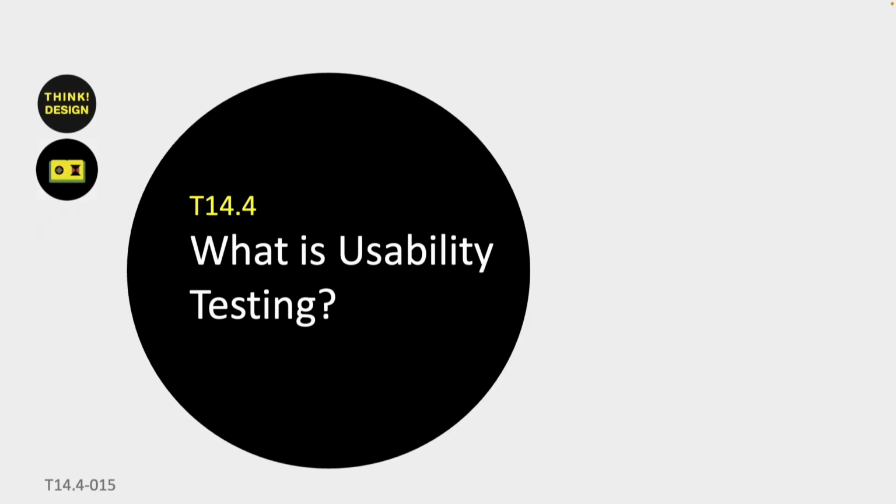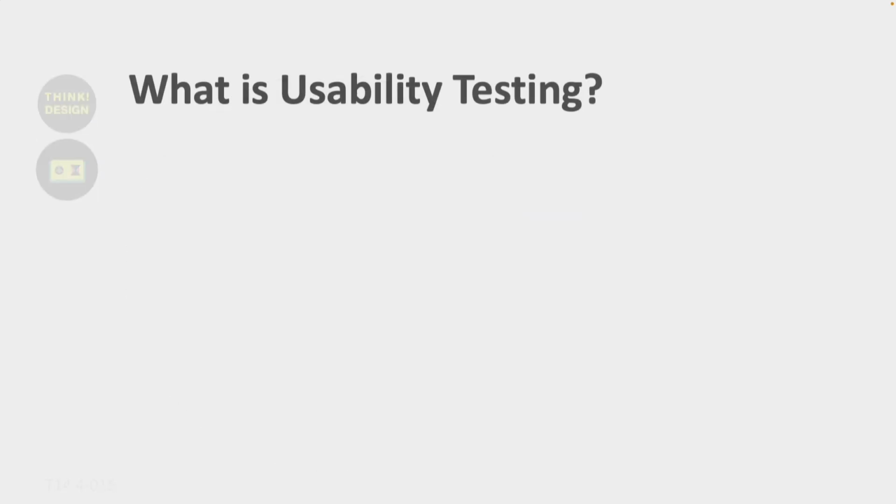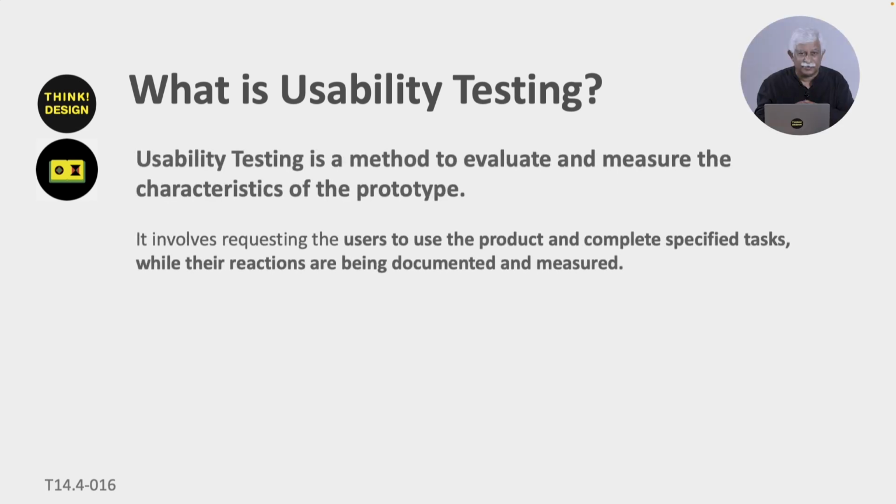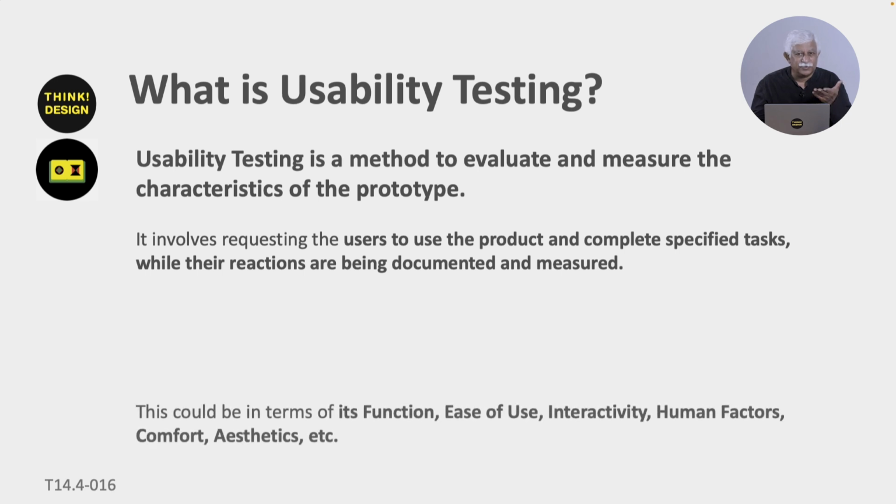Okay, so from there we'll move on to testing. What is usability testing? The difference between conversations and observations and testing is that it's a method to evaluate and measure the characteristics of the prototype. Okay, here you do a measurement, not just getting feedback. So it means that you request the user to use the product and complete specific tasks while the reactions are being documented and measured. Okay, so this could be in terms of its function, ease of use, interactivity, human factors,